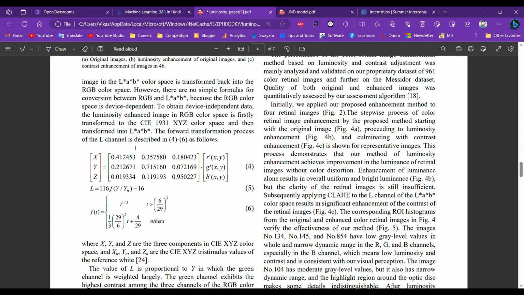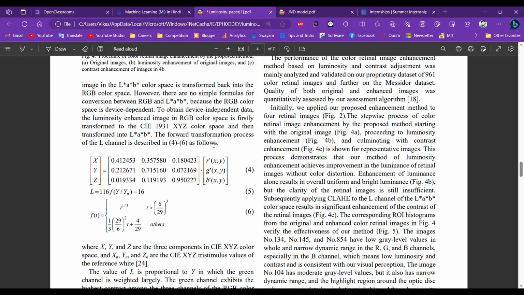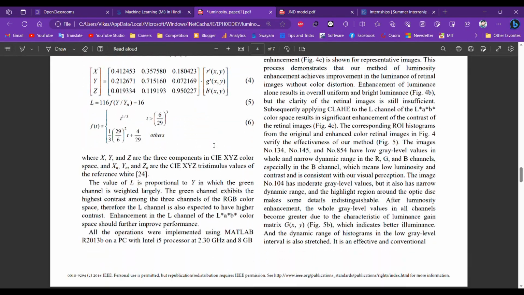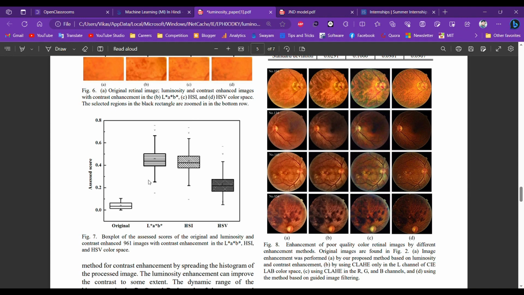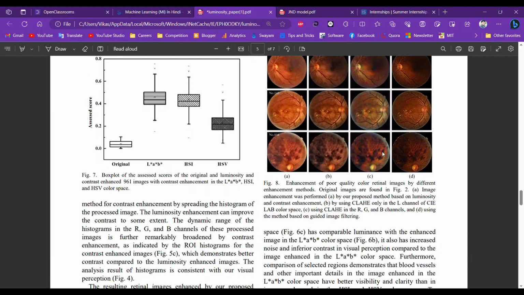and these are the LAB color space formulas used for converting and manipulating the values for enhancement. This is the box plot of the original image in different color spaces: LAB color space, hue saturation intensity, and hue saturation value color space, and